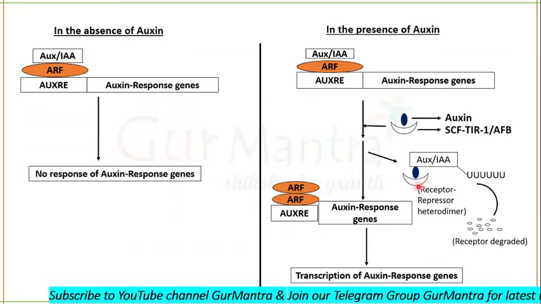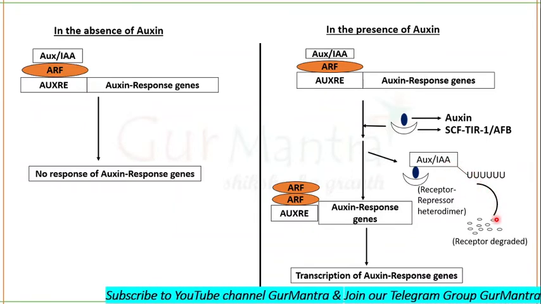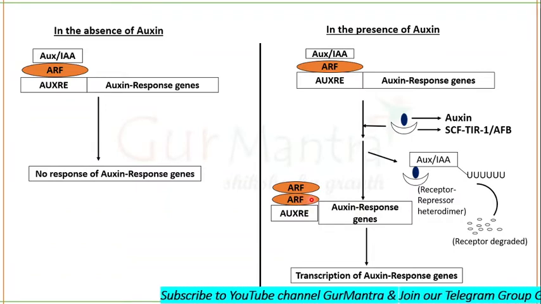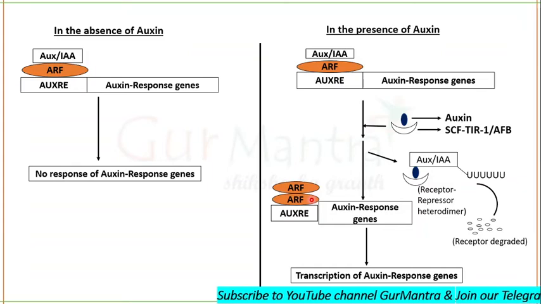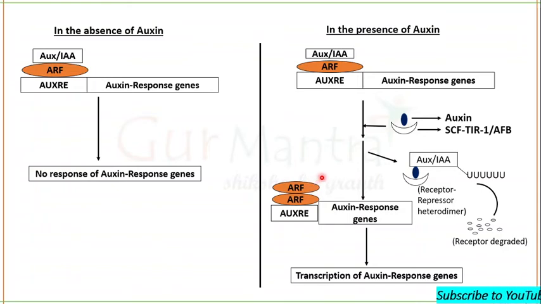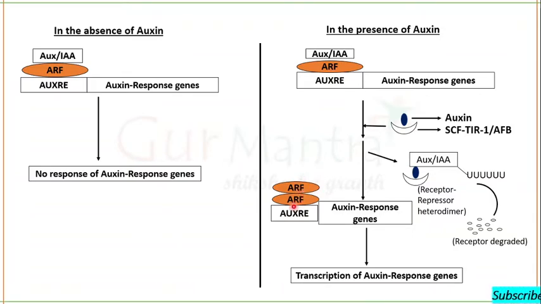Now this receptor will cause the ubiquitination of this repressor. After ubiquitination, it will be targeted to the 26S proteasome, where it will be degraded. Now the repressor has been degraded and our auxin response factors can be activated. These are free to perform their function now. There are a number of auxin response factors in the cell. So for effective response, there might be a dimer. Now AuxIAA has left its place, so the next ARF can join the previous one and form a dimer.